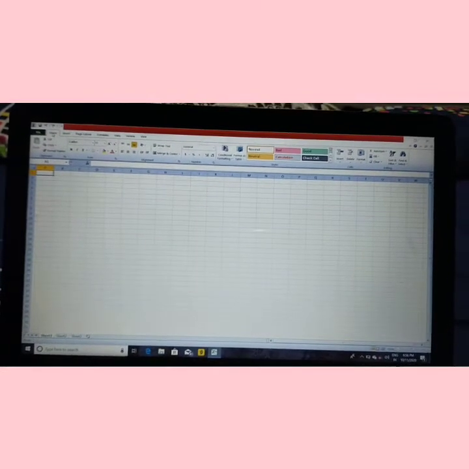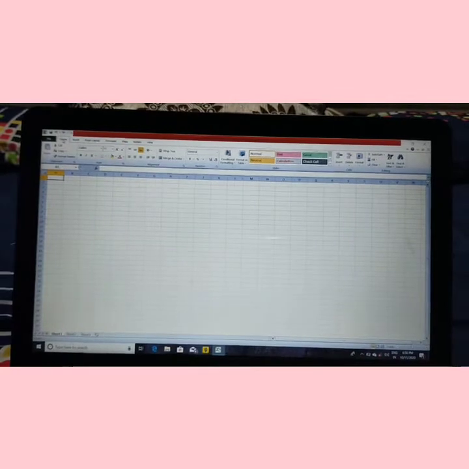Today we will continue chapter 7, that is formatting data in MS Excel 2010. So children, today we will learn about changing the background colors and borders. Here in this video you can see that I have opened an Excel sheet. Now you can add a background color and borders to a cell or group of cells. It is used to add a background color to the heading of a table and borders to the whole table.